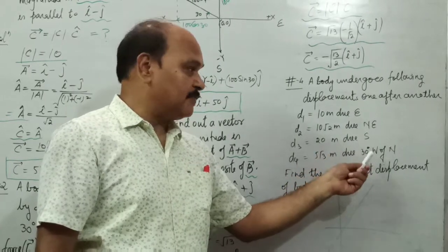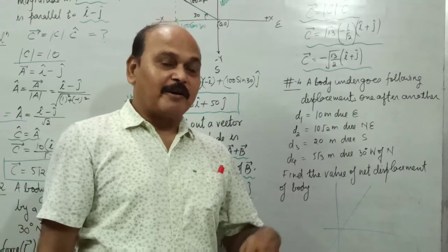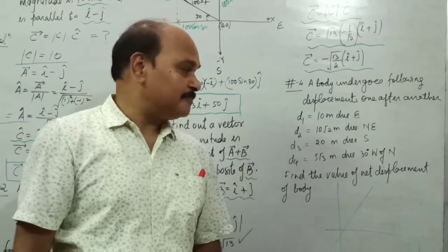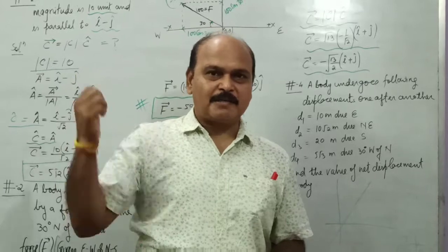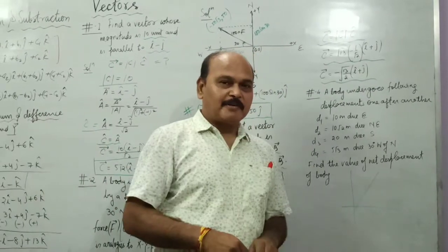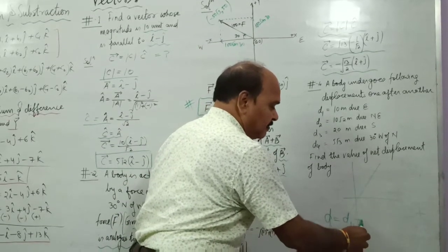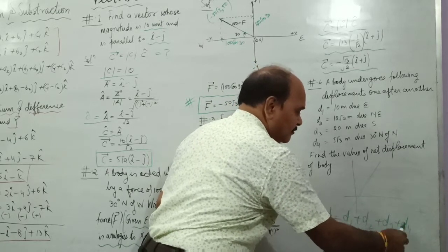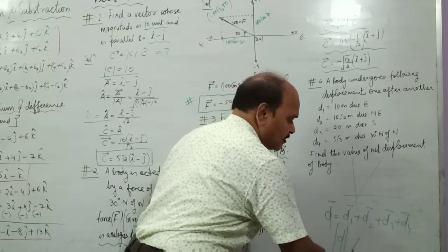First locate this vector and then find out the position coordinates of the head of the vector or intercept along x and y axis, and write down the vector in ijk form, and then do the algebraic sum as you have just understood to find out the sum of the vectors. Whatever sum you get, that is of course what? d1 plus d2 plus d3 plus d4. Just find out the modulus of this vector, and that is what is your answer.